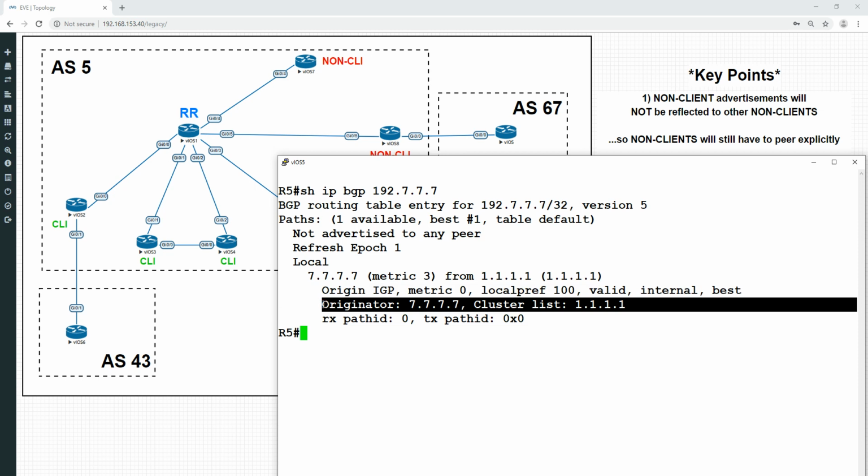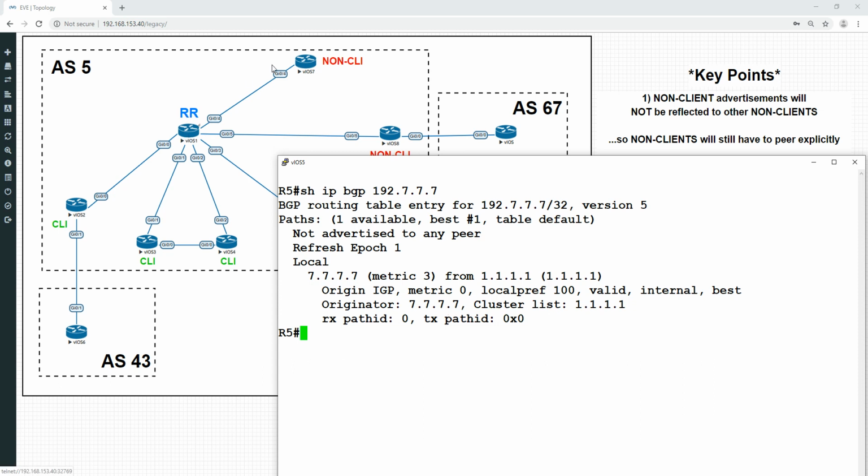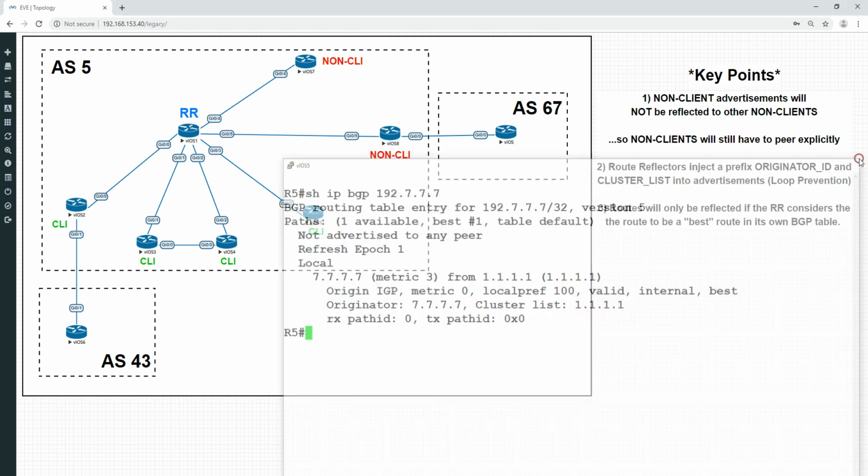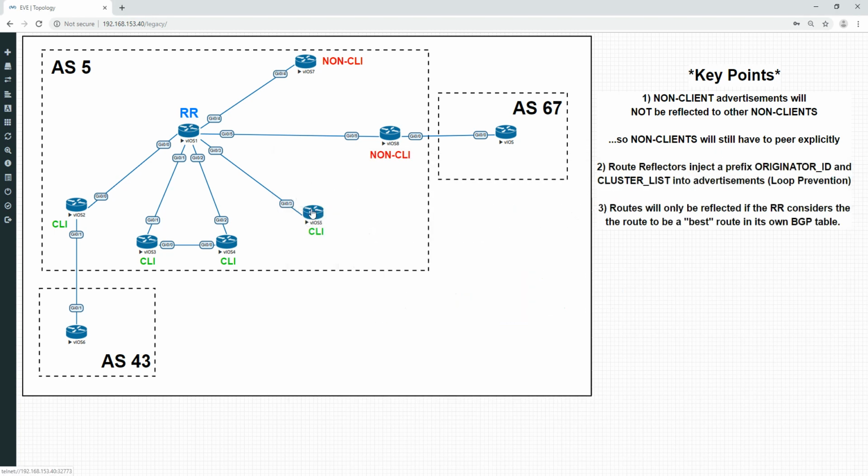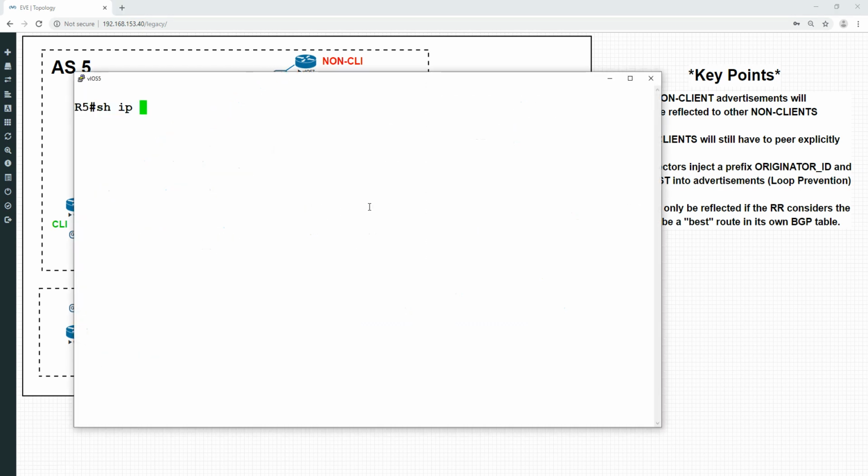So the cluster list is taking the route reflector's cluster ID, which is by default its router ID, all the ones, and the originator, because it learned it from this router here. The route reflector has taken note of the ID of the BGP speaker from which it learned the route and appended it into its BGP updates. So now, if we had more route reflectors here, and these were reflecting routes, if it came back to the route reflector and it saw that the originator ID for that prefix